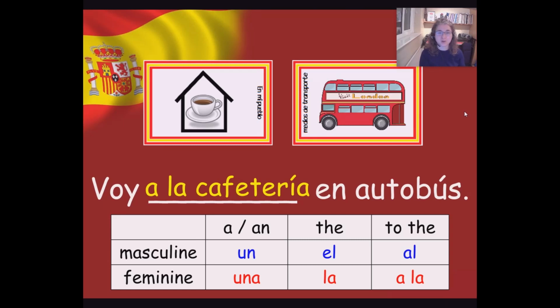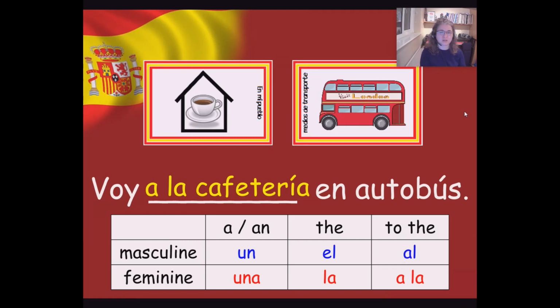Those two words haven't got squished together. They've stayed as two separate words. So "al" is masculine, "a la" is feminine. Okay? "Al" is masculine, "a la" is feminine, and they both mean "to the". You have to be careful when you're writing these because sometimes the L starts to wander and go with the wrong A. Okay, so "al", "to the", masculine; "a la" is "to the" when it's feminine.